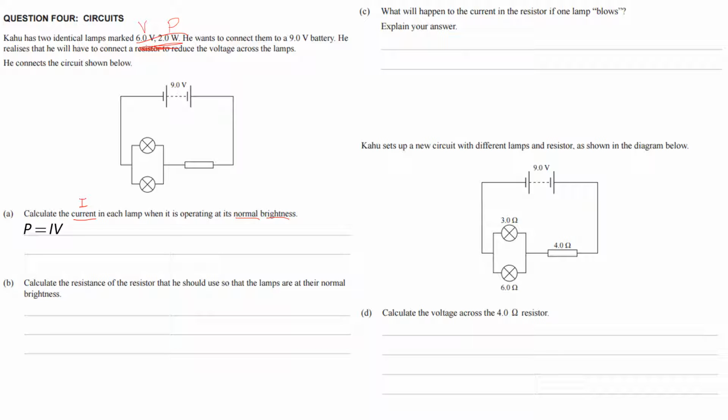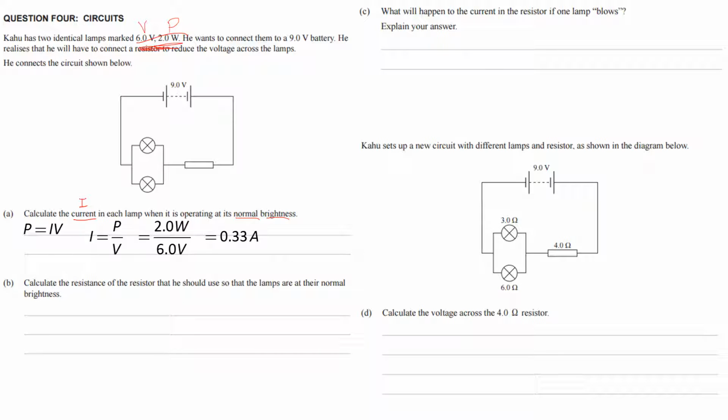Because I want to find I, I'm going to take voltage and put it on the other side. It's multiplying on the right hand side, so when I put it on the other it becomes division. Substituting the 2 values, 2 watts on the top, 6 volts on the bottom, and we get an answer of 0.33 amps. So the current in each lamp is 0.33,